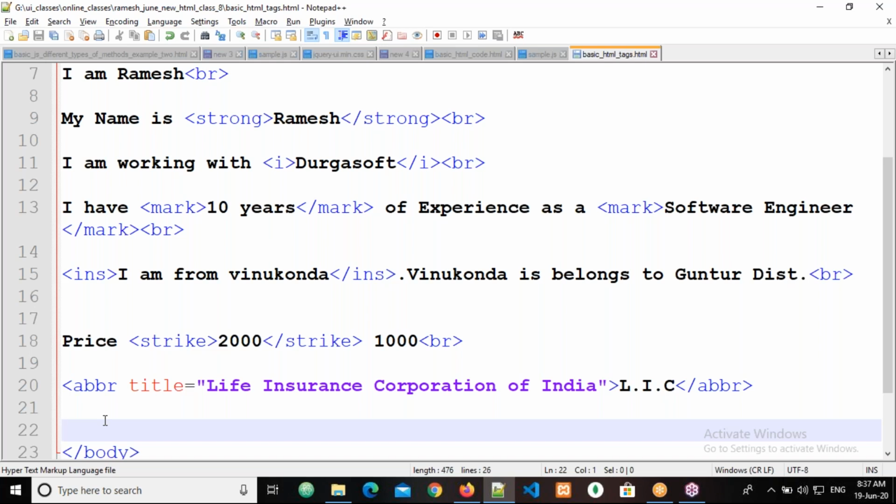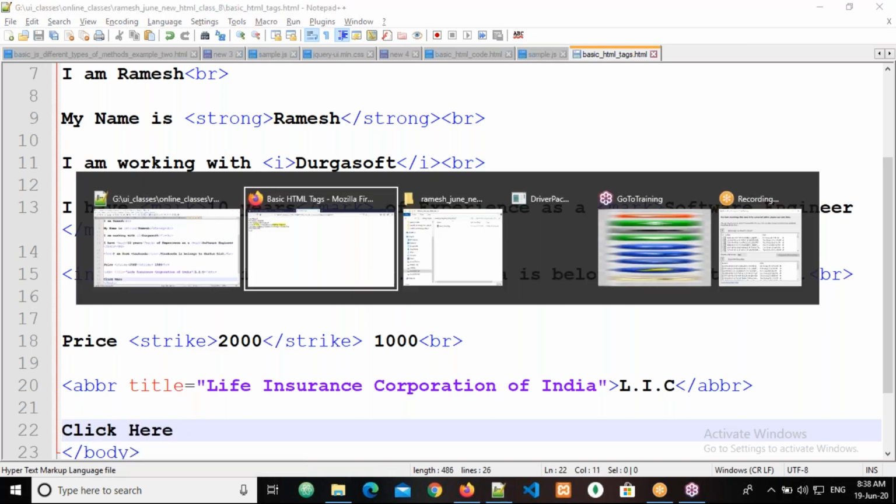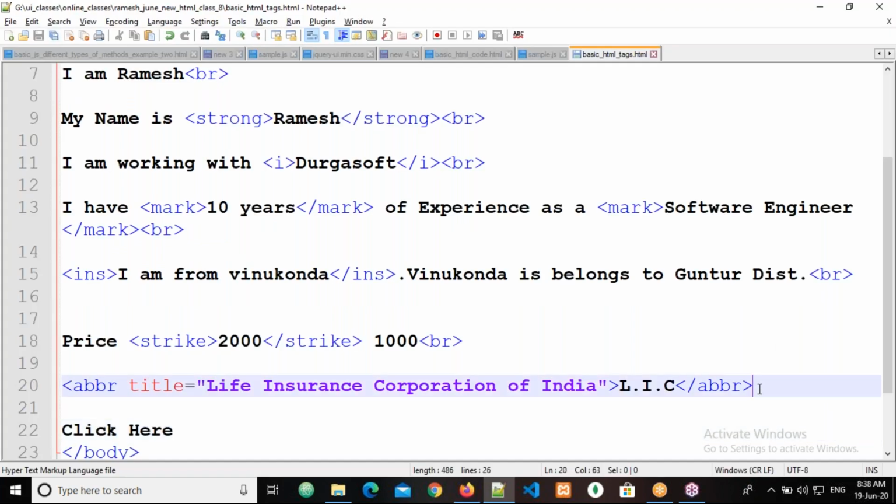By utilizing the anchor tag. Anchor is nothing but linking one page to another page. So simply come here. I'm writing here, click here. Now come here and refresh.